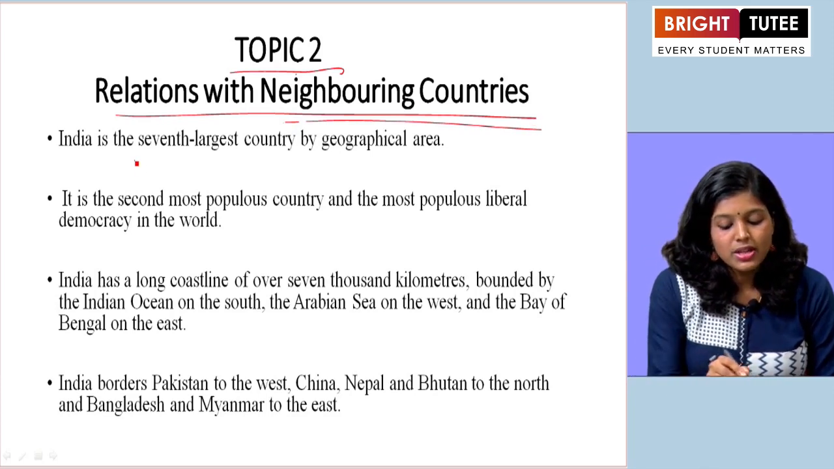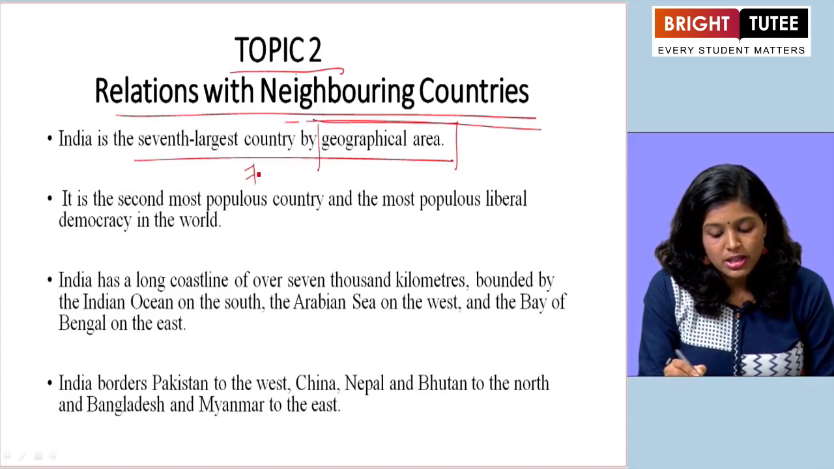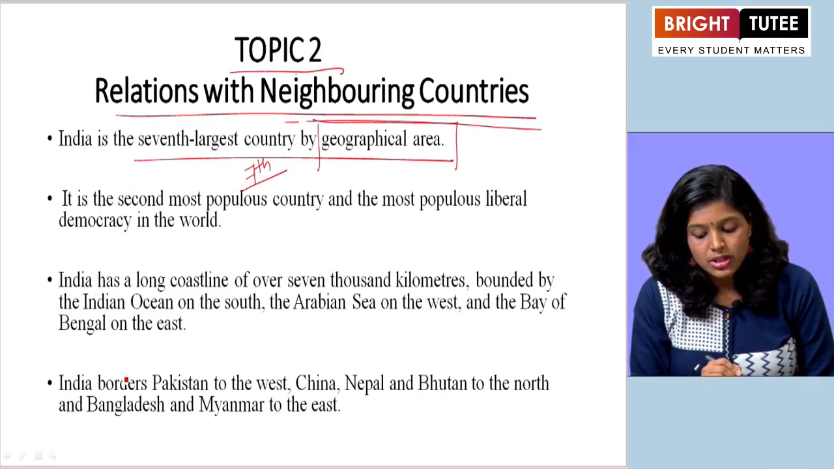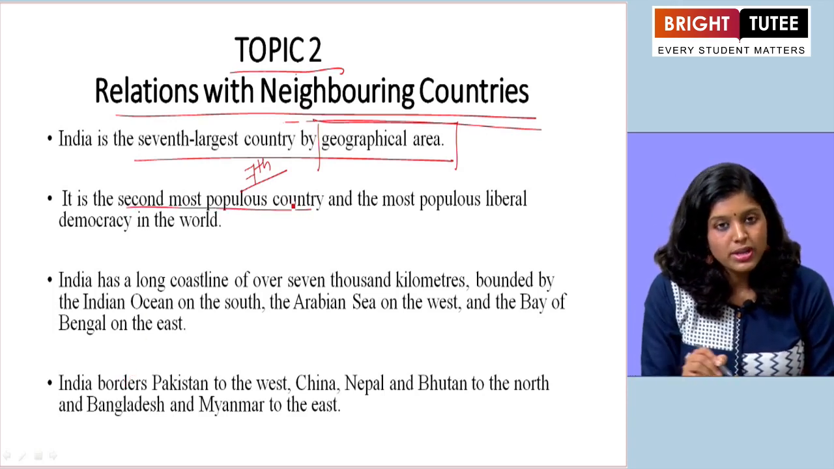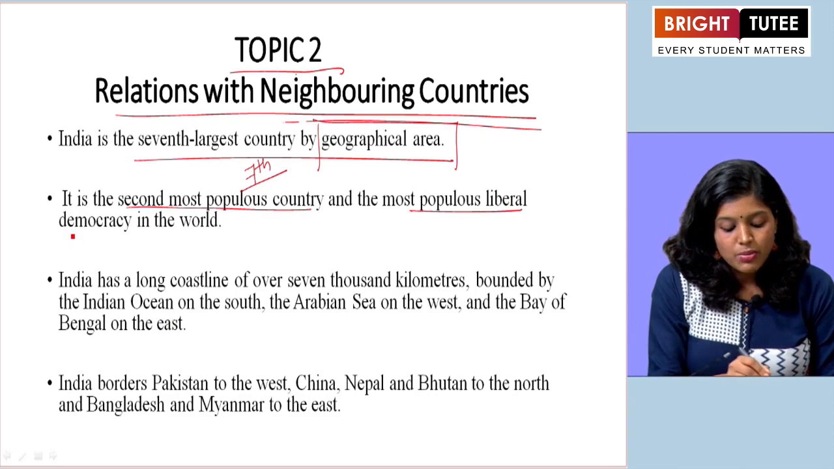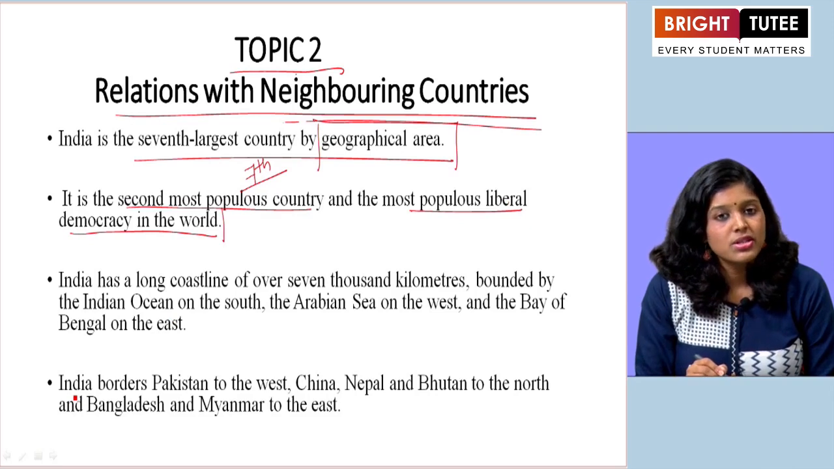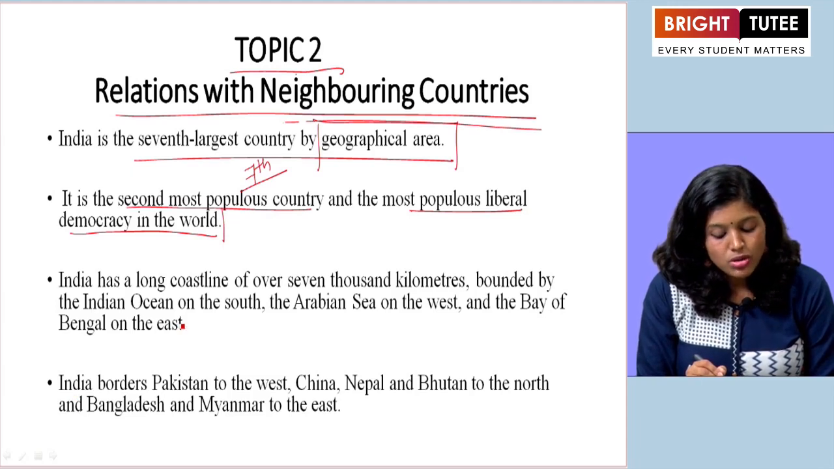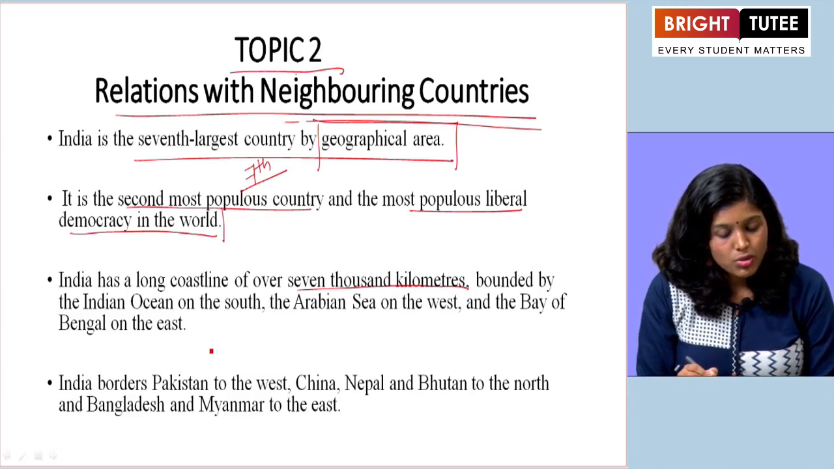India is the 7th largest country by geographical area. It is the second most populous country and the most populous liberal democracy in the world. So, these are the distinct features which India has. And India has a long coastline of over 7,000 kilometers bounded by the Indian Ocean on